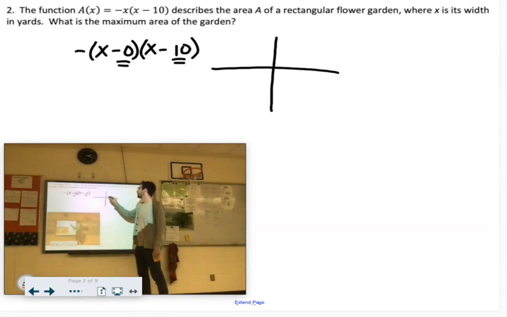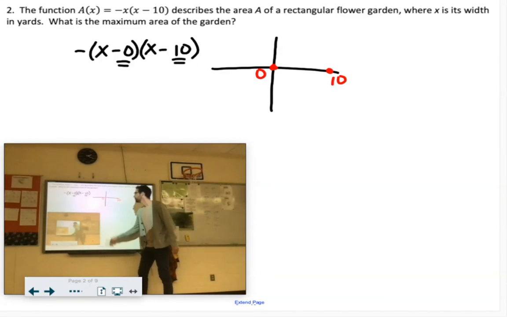So if this was graphed, you would cross here at 0, you would cross here at 10, you would have some upside down parabola looking like that. Now, we are looking for the vertex, which in intercept form is going to be right in the middle of the two intercepts. So right in the middle